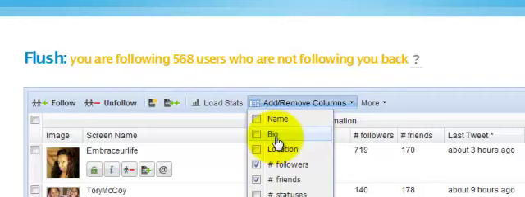So you can select their bio. If you're doing stuff by location, or followers, you can select their followers. You can select how many friends, so you can get a complete picture. So let's select bio and see what that looks like.